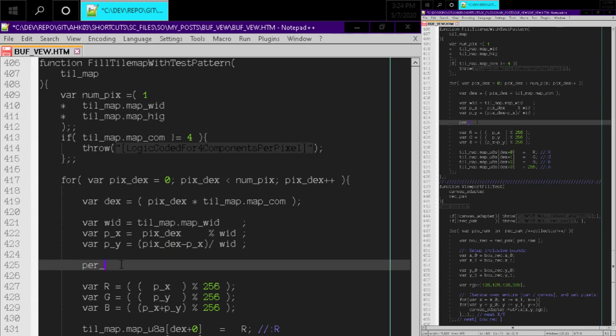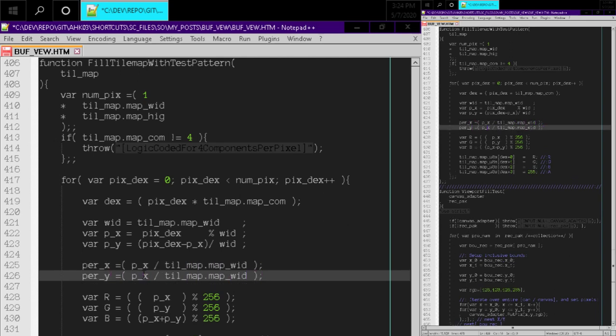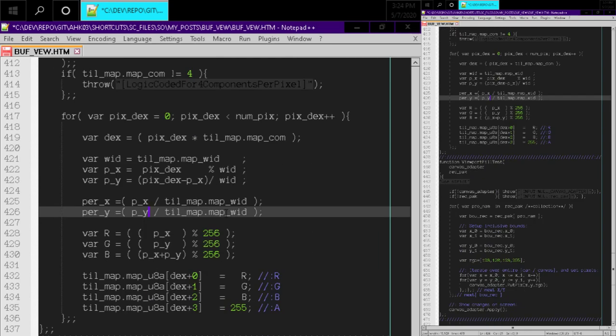So the percentage X equals the position X, which is scanning along the whole thing. So it's going to be px over the width, right? And then we can do this tile map width, and then the percentage y along path is going to be py over the map height, percentage x, percentage y, and then we will